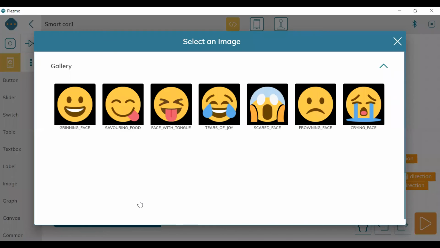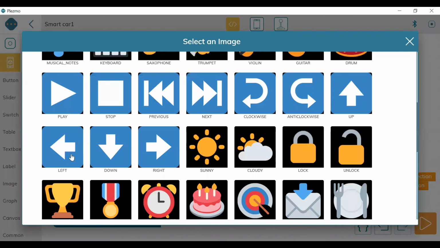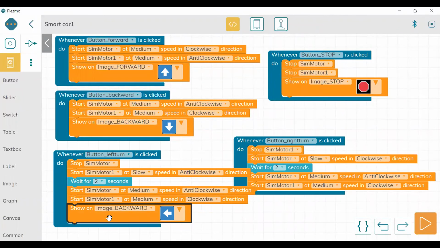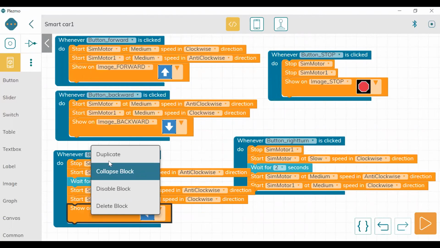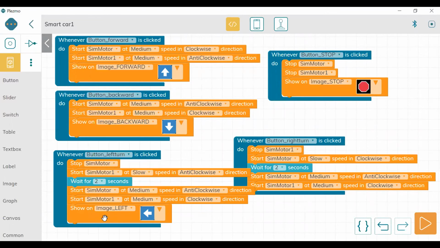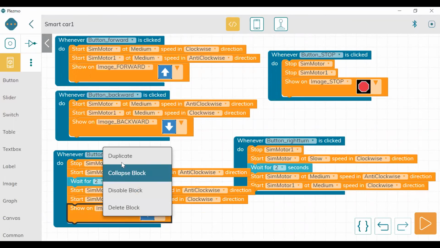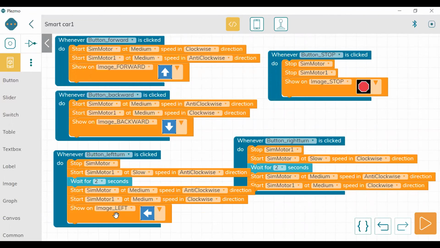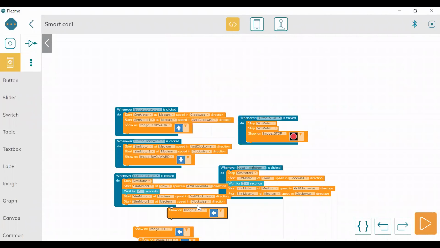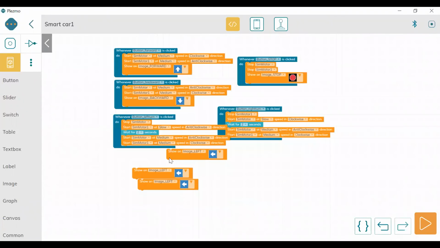So again we will change the image to left, and this image name should also be changed. So it is going down.